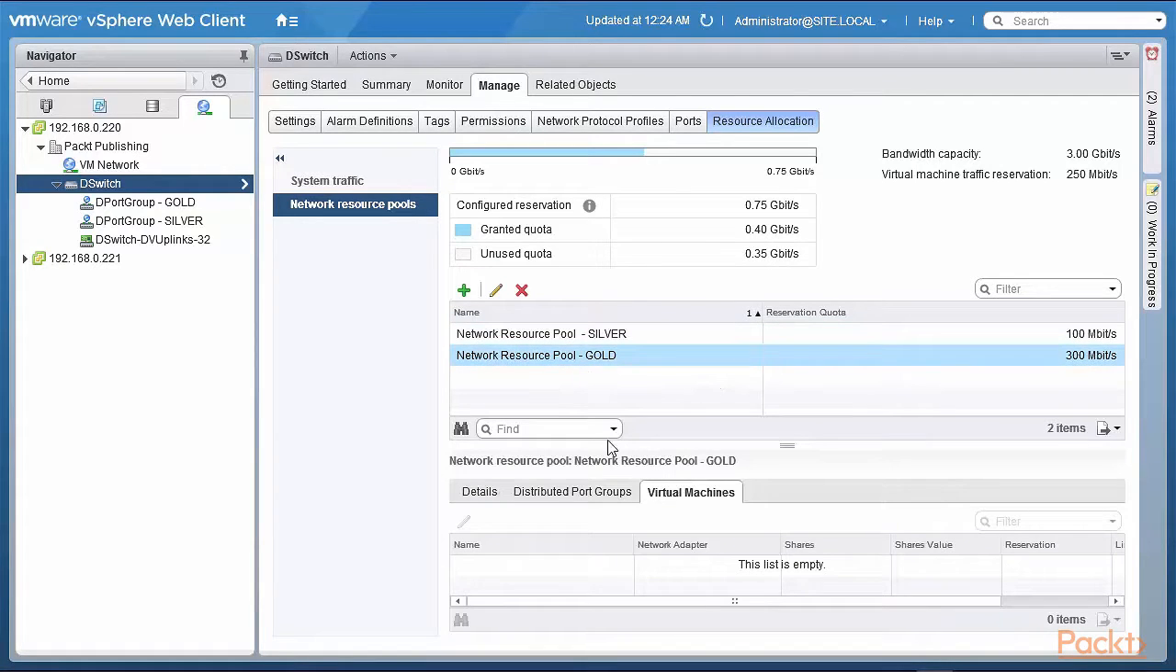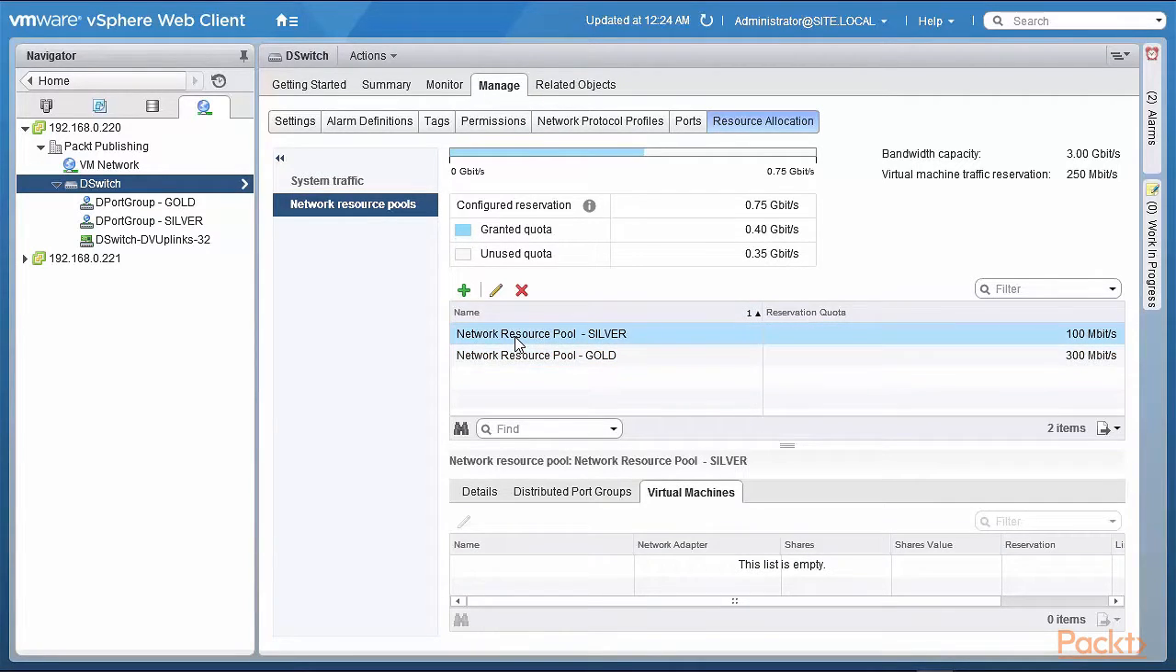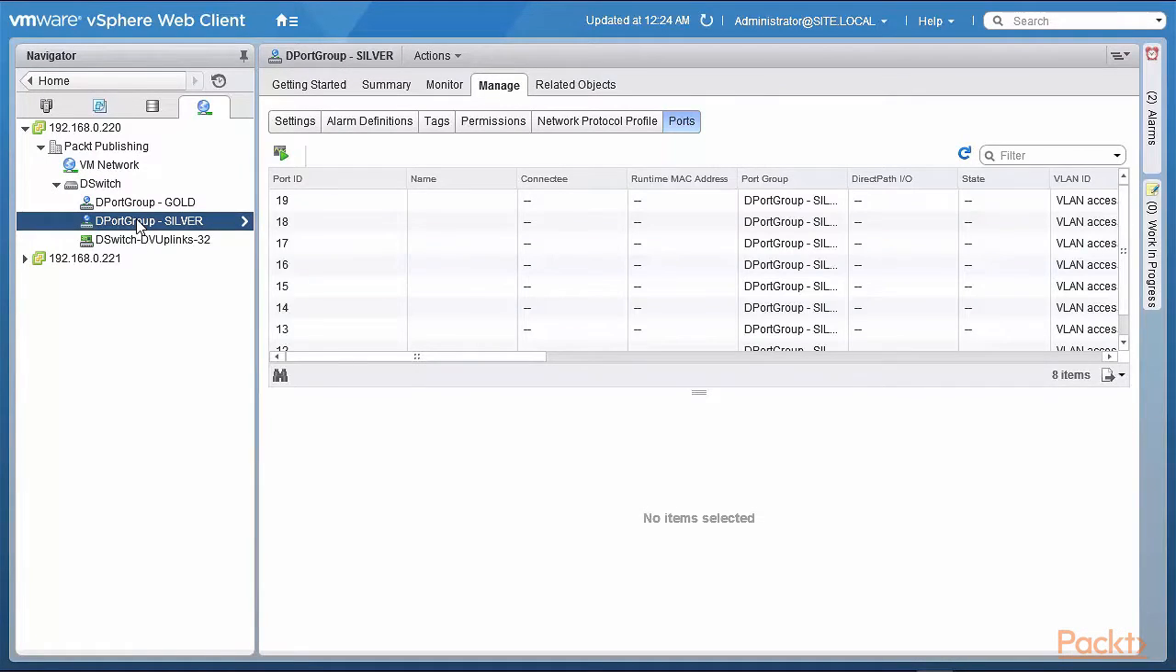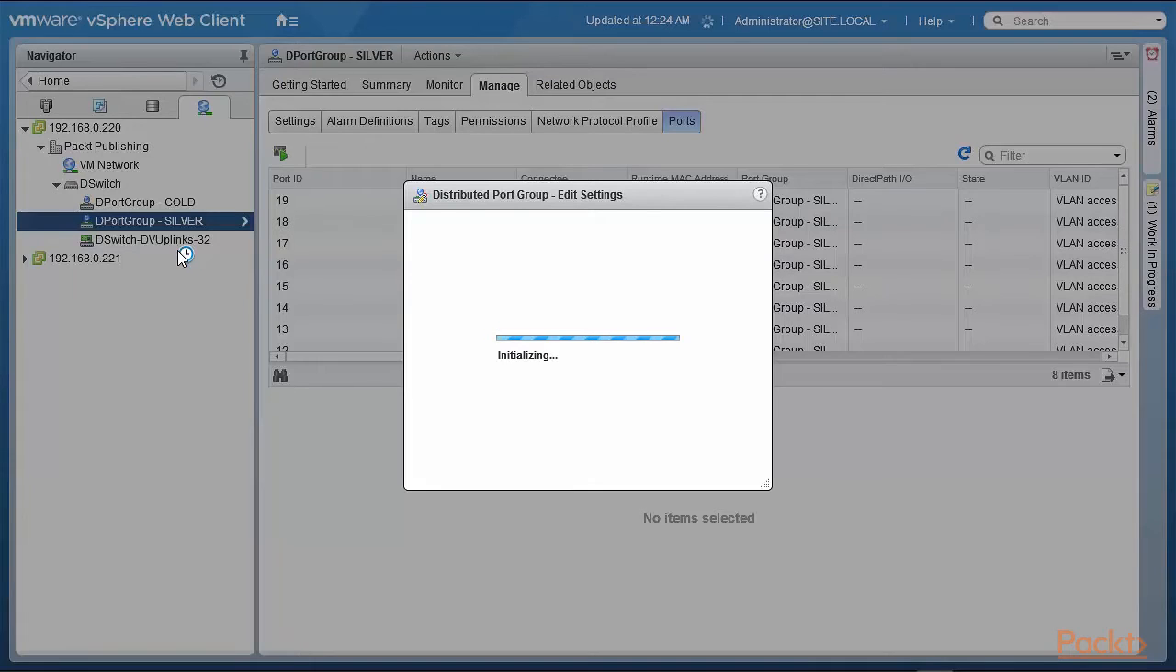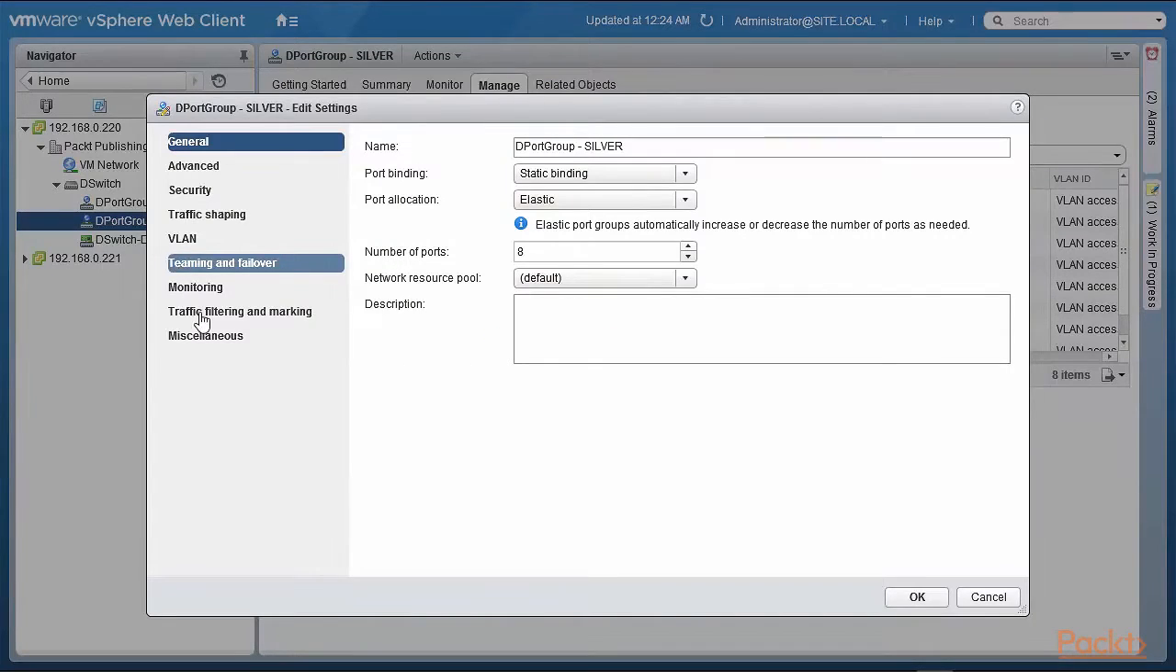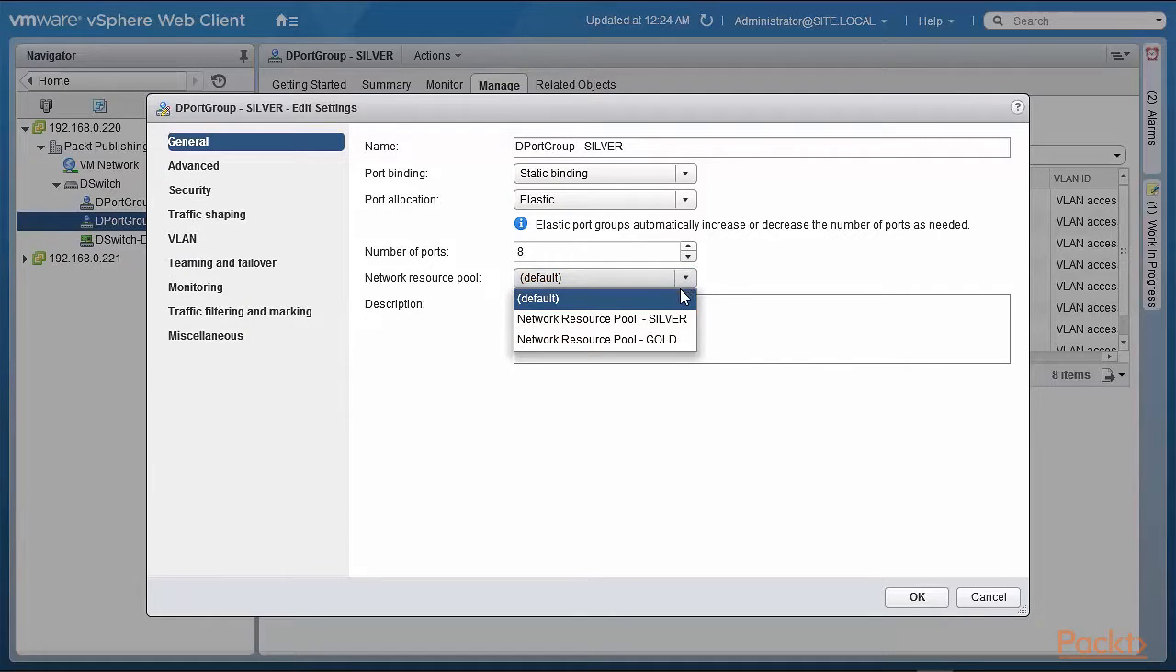When I click on this, we see that there are no virtual machines obviously connected to this resource pool. Now, virtual machines are not connected to resource pools. Virtual machines are actually connected to distributed port groups, and that's what we're going to do. But before we do that, we are going to associate the network resource pool silver with the distributed port group silver. And we right click on this, edit settings,